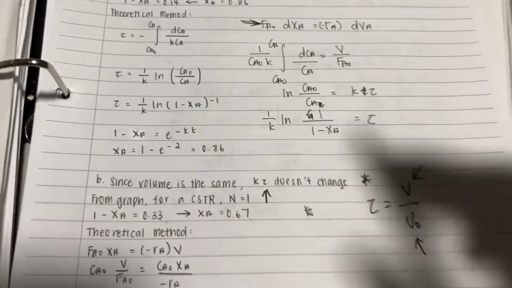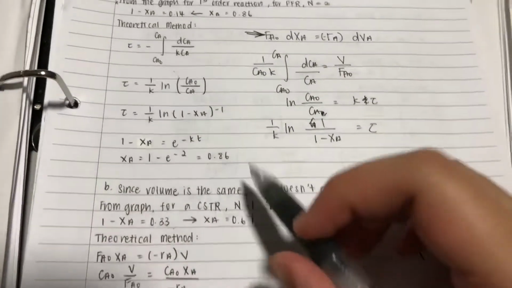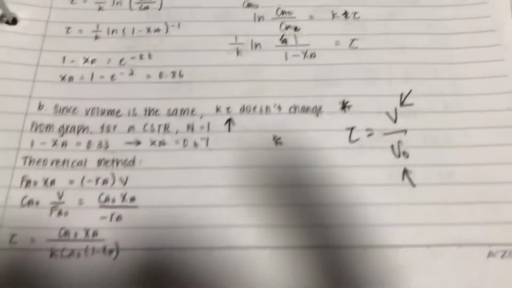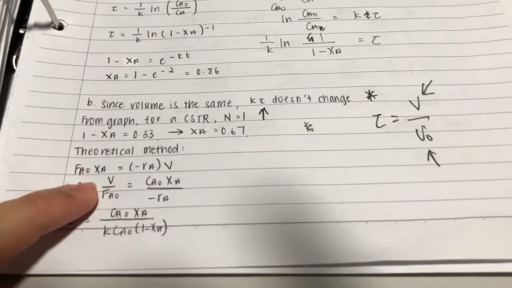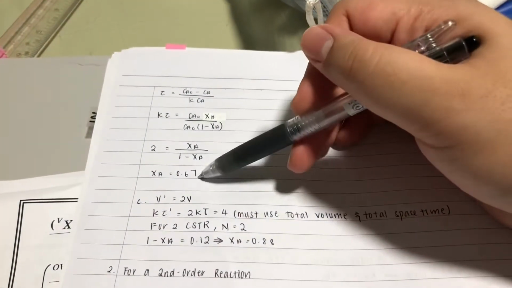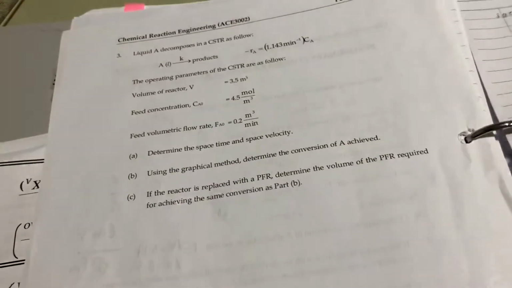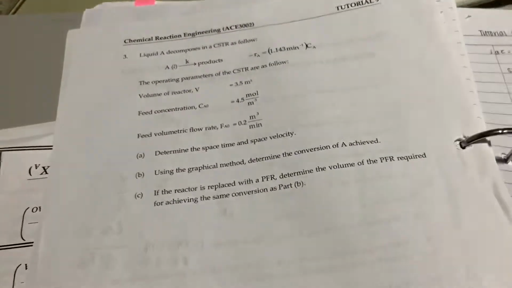Okay. So note that if my size doesn't change, my K tau remains the same. And then for the theoretical method, it's actually just the same thing. You need to derive from here, and then you work it out till you get this 0.67. Is it 0.67? Yes, 0.67. Okay. Now for part C,